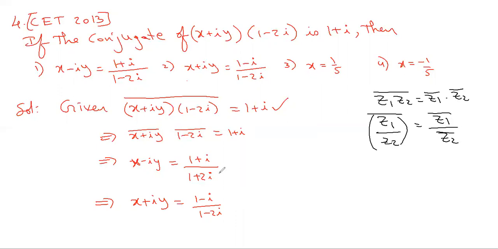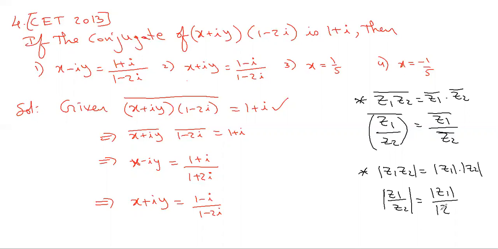Okay, so it follows like the rules of indices, right? Basically, it's kind of that, yeah. But you need to remember these two as separate formulas. These are similar to the modulus formulas. Even mod z1 z2 in complex numbers is mod z1 into mod z2, and mod z1 by z2 is mod z1 by mod z2. These modulus and conjugate properties we use frequently when doing objective problems. They simplify the calculation a lot.